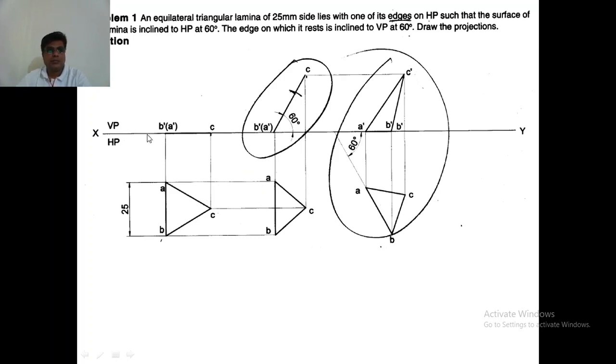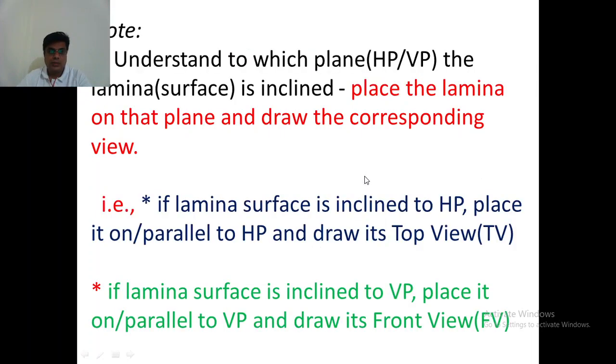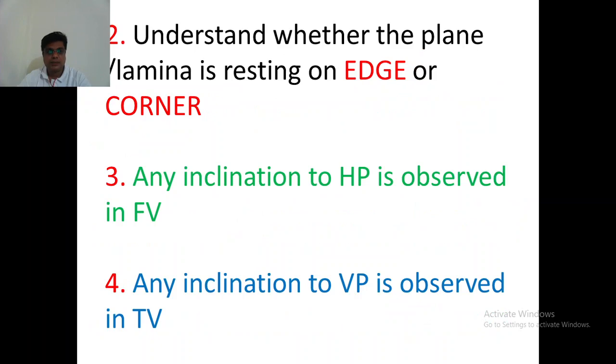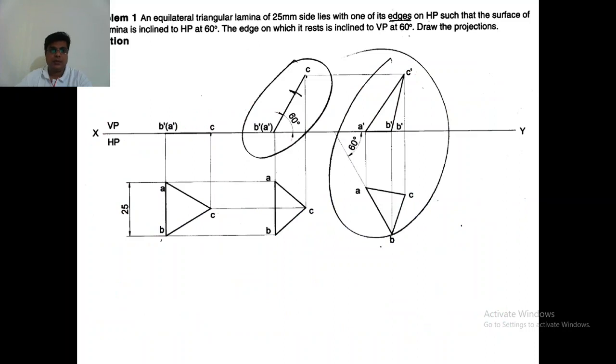So now we will draw this manually using pencils, scales, eraser, protractor, compass, whatever it is. Keep all the instruments with you, and we will try to solve this problem now. We will be drawing the projections, front view and top view of the plane. Try to understand this particular note here, right? This problem we will now solve manually.